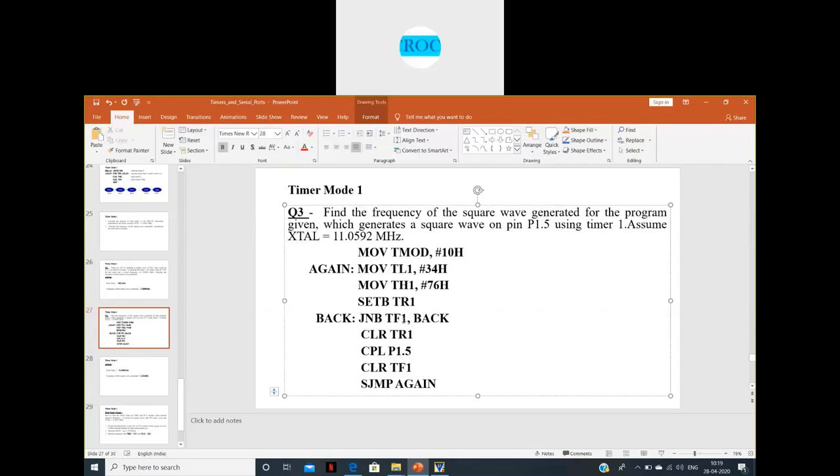What is TF1 here? Since it is timer 1, the overflow flag TF1 will be set. It keeps on monitoring till TH and TL become FFH. Whenever it reaches that and resets to 00, it will roll over, and it will set the overflow flag to 1. Once the overflow flag is set, it comes out of this instruction and goes to the